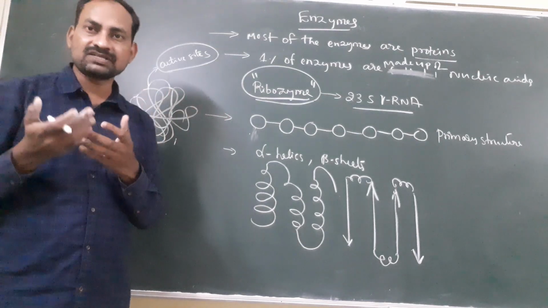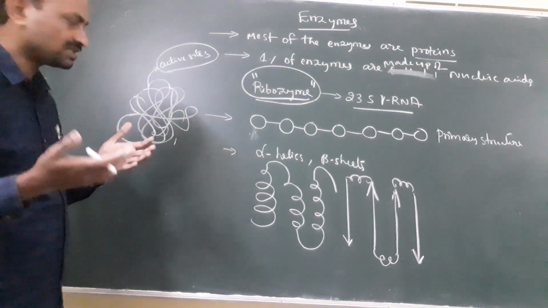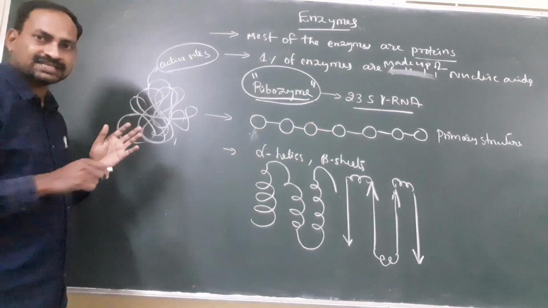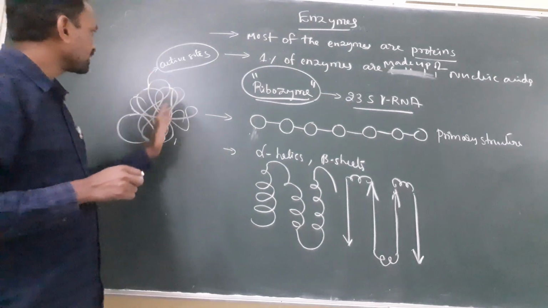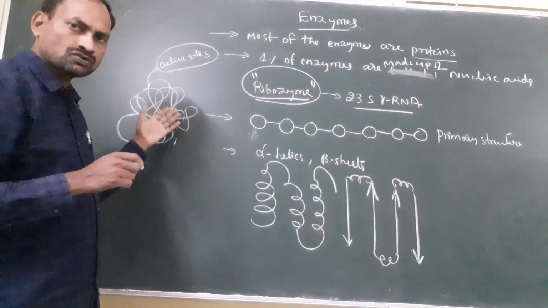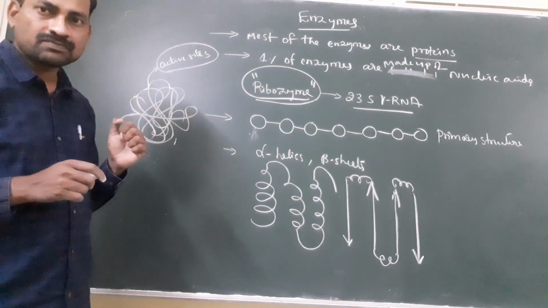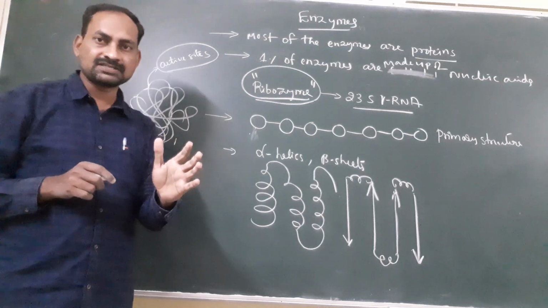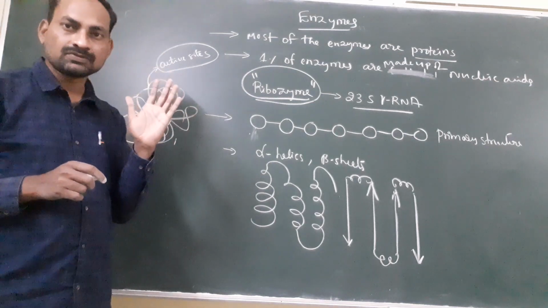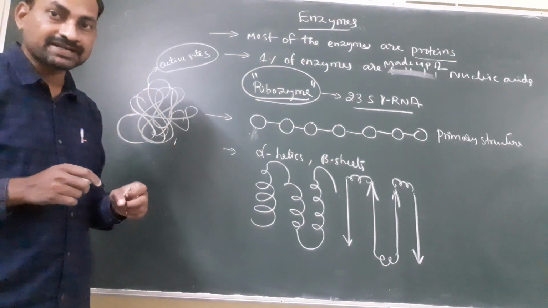So how is it active? What is enzyme activation or activity? So in tertiary structure it forms many pockets. All pockets are not active sites. Please remember that there are so many pockets formed on the surface of the enzyme, but not all pockets or crevices are active sites. Only one pocket or crevice acts as the active site.